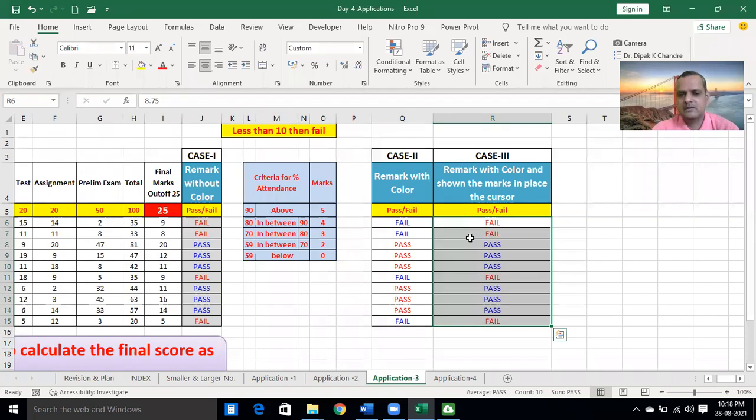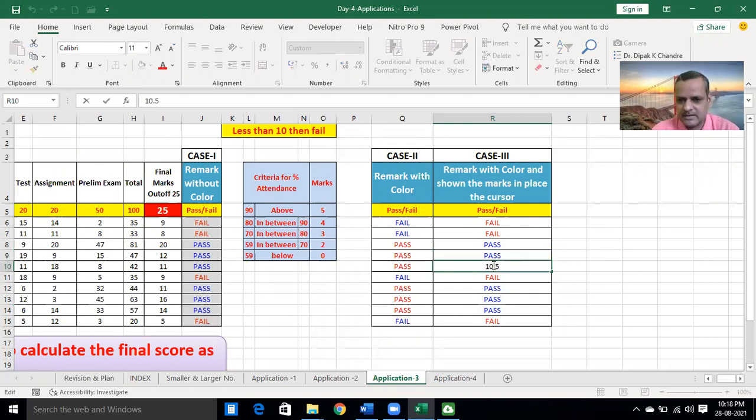See, the same remark is coming, but if we place the cursor, the marks are shown in the formula bar instead of pass and fail. The number is showing whatever the marks are there. Or you can double click here. See, instead of pass, it shows the marks. You double click here.